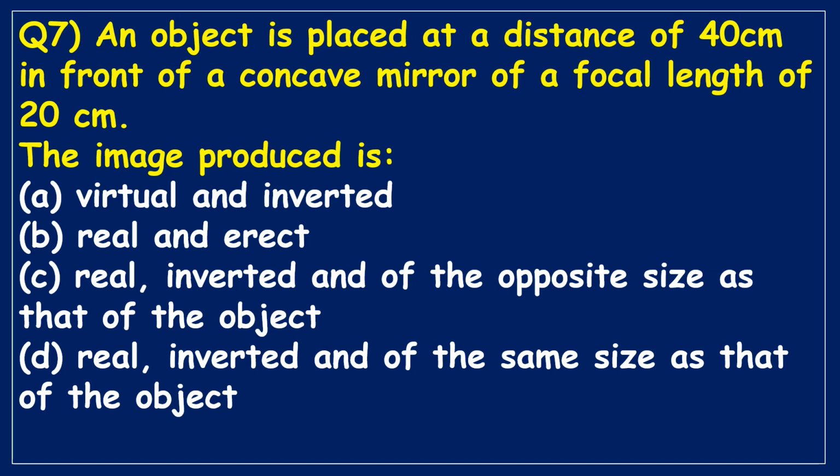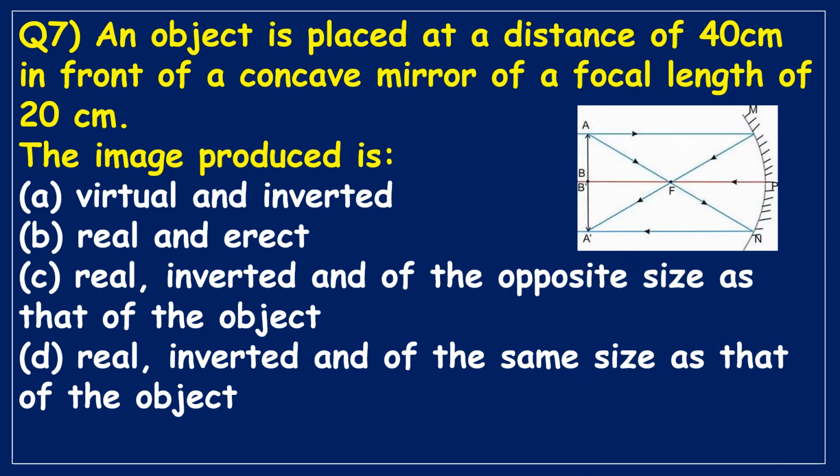By seeing this, we can calculate the center of curvature, which is exactly double its focal length. So here the focal length is 20 centimeters and its center of curvature is 40 centimeters. So the object is also placed exactly at 40 centimeters. When an object is placed at the center of curvature, the image is formed exactly at the center of curvature and its size is the same as the object size. This is the clue we have to find. Now your answer is